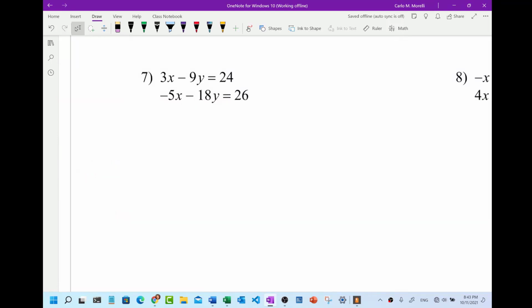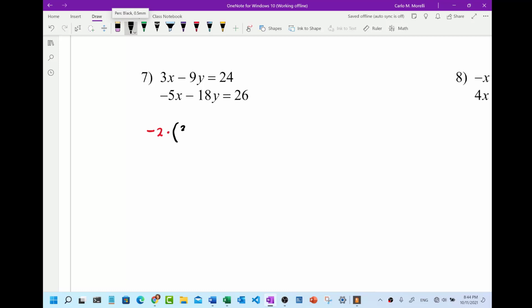Well, here we are on number 7. Looks like we need to multiply the top equation by negative 2, and that way we can eliminate these, right? Multiplying by negative 2, that'll make that positive 18, then I can just stack, add, get it all over with. So we're going to need to rewrite a bunch of this stuff. So I've got to actually rewrite everything. I'm going to write, what was I going to multiply by? Negative 2, yeah. So I'm going to write negative 2 out here, times, and then I'll put this whole thing